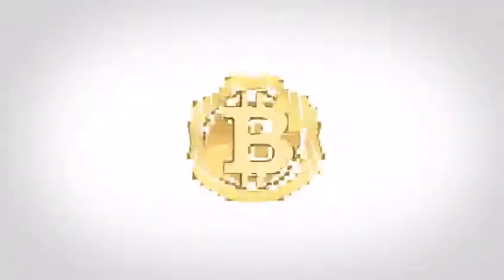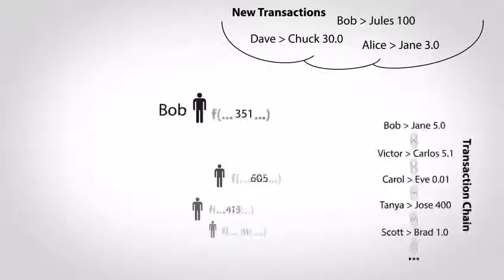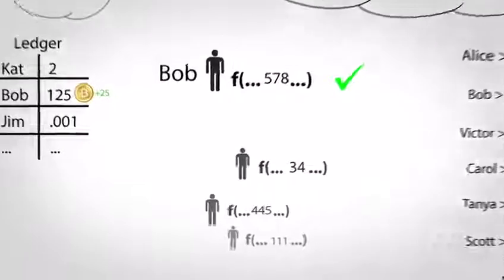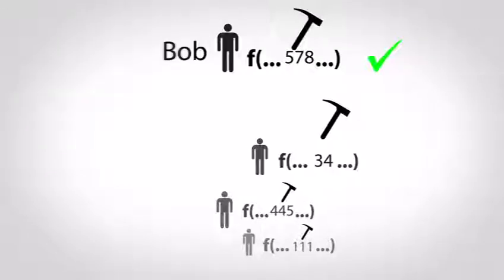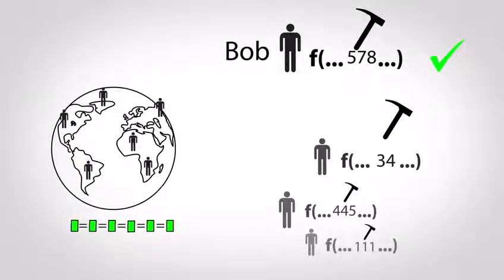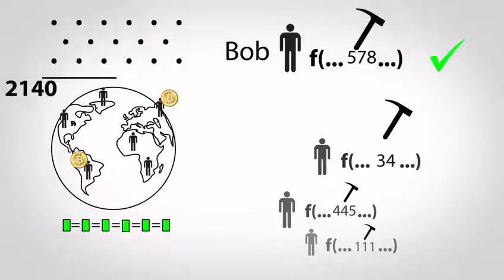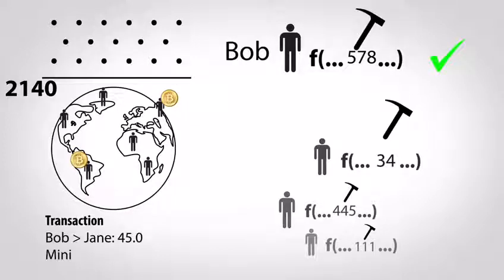Finally, how does money get created? Every time someone wins the lottery to pick the next transaction in the chain, new bitcoins are created out of thin air and awarded to their account. Solving these problems is commonly called mining, as this is how money enters the system, but the main purpose of the math is to make sure everyone's ledgers agree. The math simply provides a convenient way to randomly distribute money into the world. In fact, sometime around 2140, no more money will be created and participants will only be paid from fees added on to transactions.